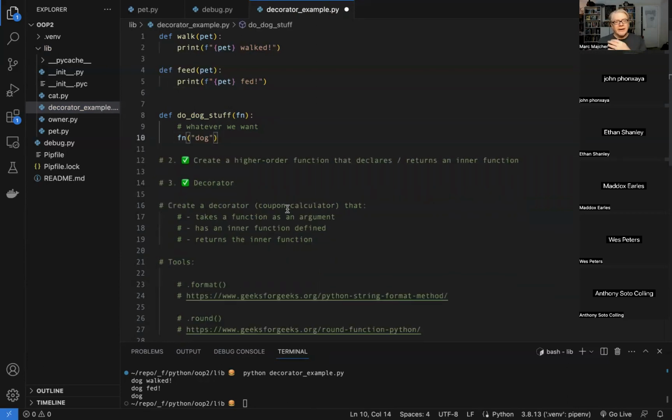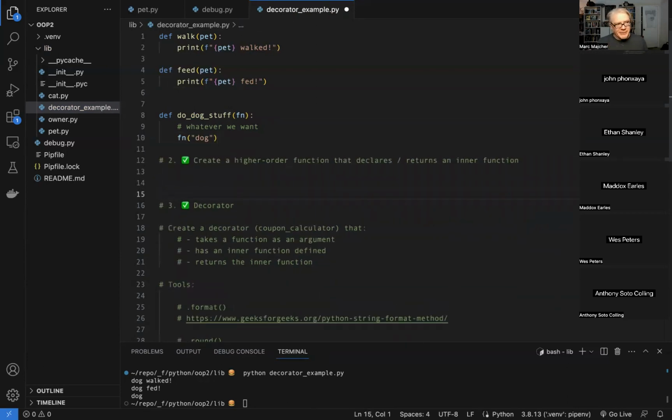Cool. So we can not only take functions as an argument, right? We can also return a function. So if we wanted to, let's say we want to get a walker. Let's do that. Def